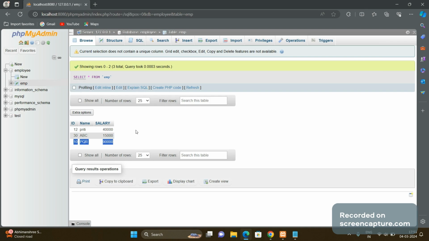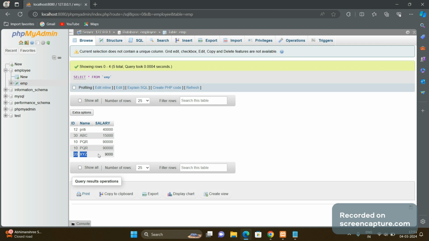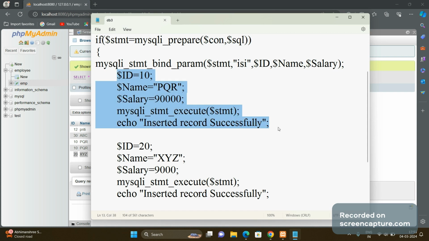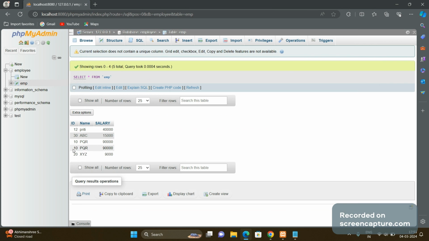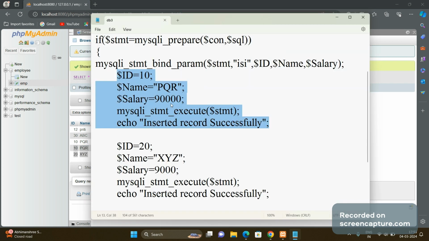Now check the phpMyAdmin panel, refresh the page. The next record is inserted as we had kept this over here itself. That's why there are two records inserted, for PQR and XYZ. Now suppose I want to give the next values. You have to just change the values of the variables over here, and the records will be inserted with the changed values. So what we observe over here is that